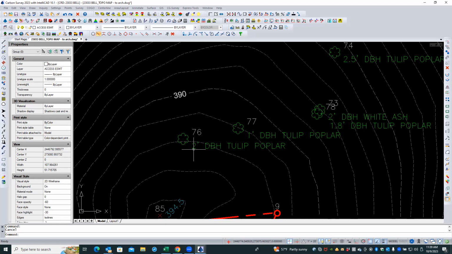Well, if we were to explode that so it's no longer a block, here's what happens. You get this. See, this goes back on its 0 layer and you get those original things, okay? Right. So there's a couple of